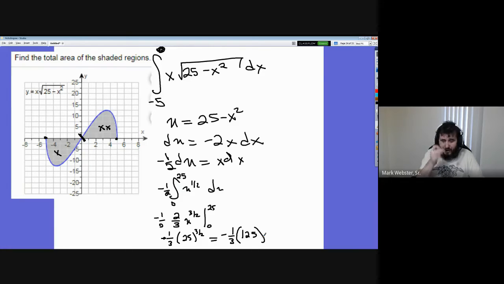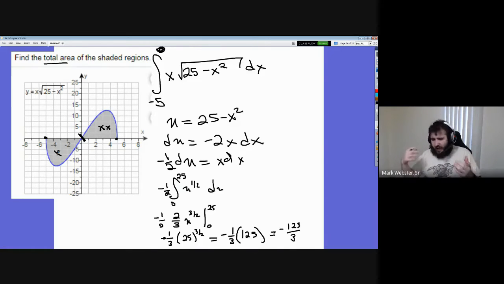Or if you prefer, negative 125 over 3, right? Negative 125 over 3. Now I want to point out, if I'm trying to find the total area of this whole thing, if I have this be negative, and then this ends up being positive, they're going to cancel out, and I don't want that. When we're measuring area,